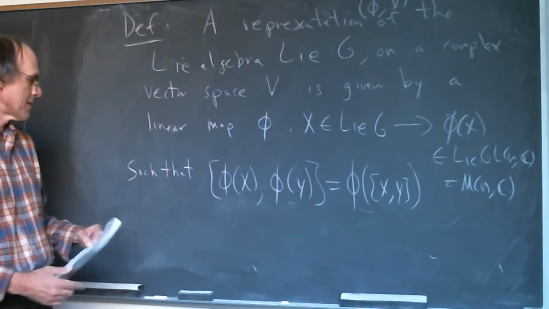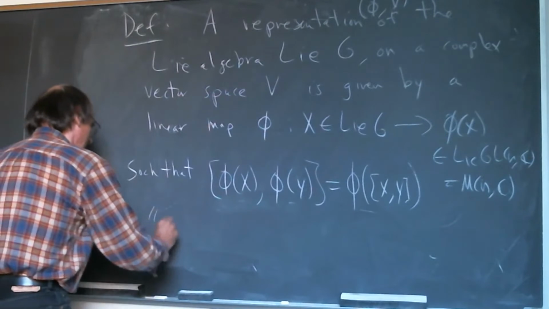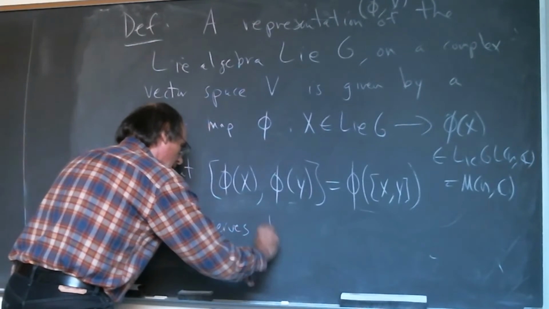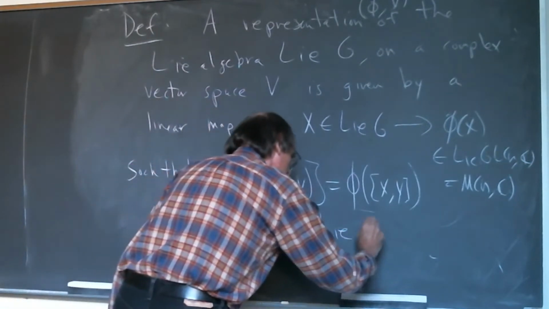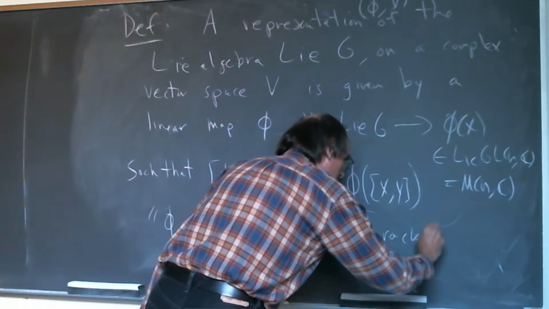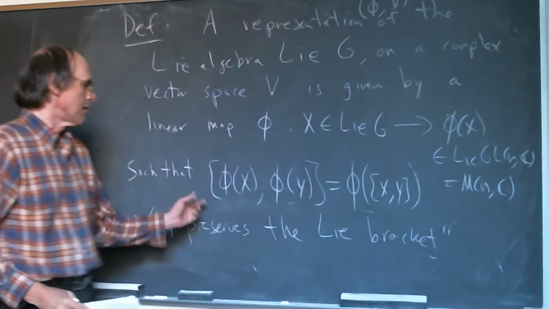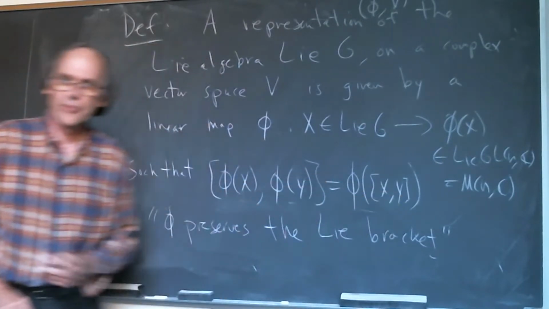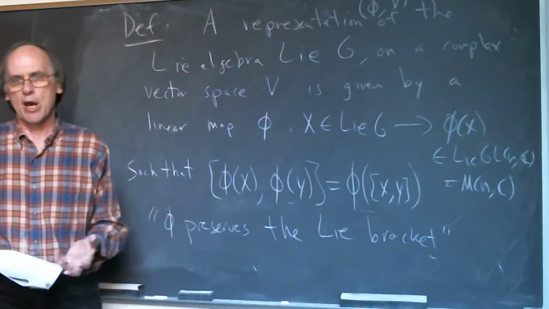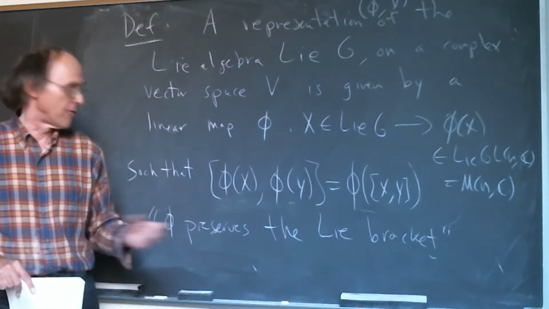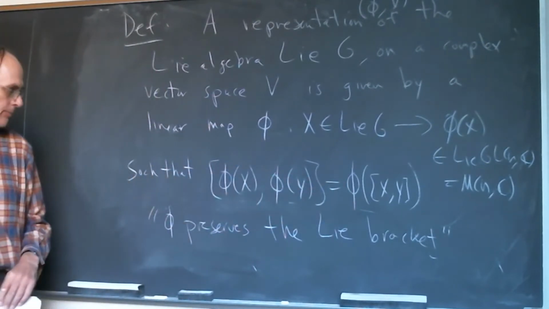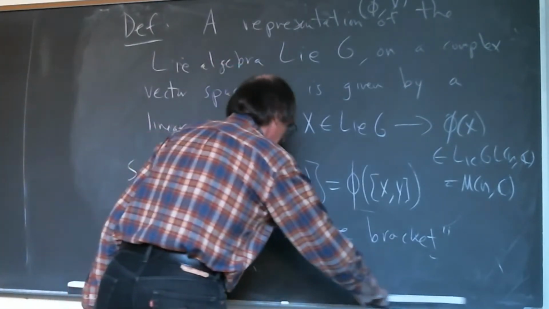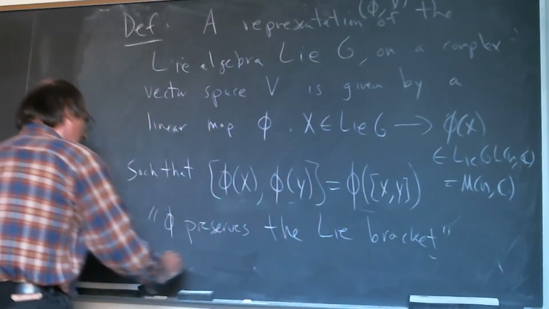So you could think of it, in words, as phi preserves the Lie bracket. In other words, you take the bracket of a phi is phi of a bracket. So this is the right homomorphism property for Lie algebras for this algebraic operation. Okay, and then maybe just one last thing to say is that this is unitary. So phi is unitary